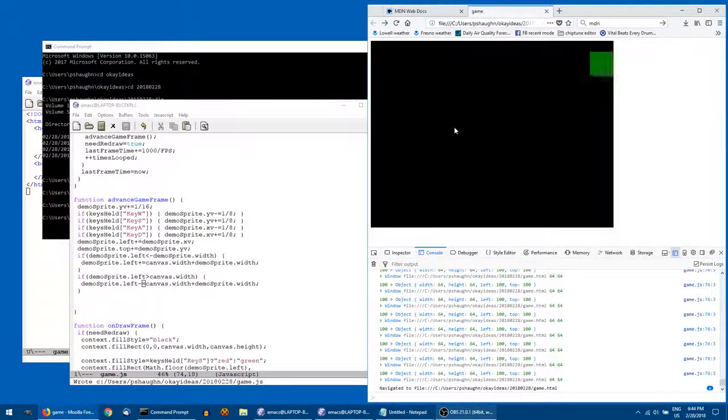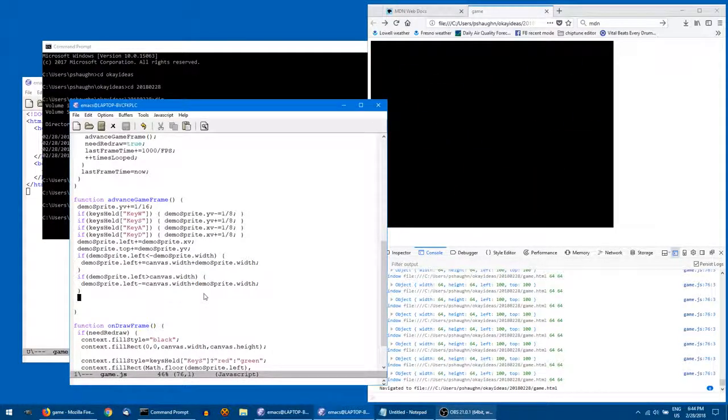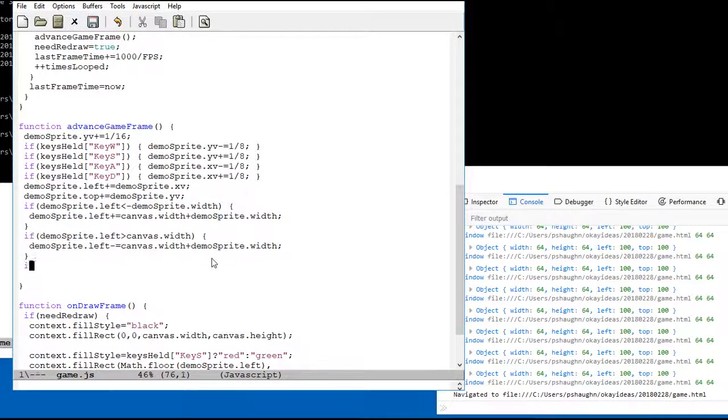Alright, now, if we go super fast, we had another problem. And this is strobing. We are now moving so fast that our position no longer overlaps itself between frames. Sometimes that's okay, sometimes that's not okay, but it's definitely at least a visual anomaly. And it also leads to trouble physics-wise, because you might just go through a wall because you never actually intersect the wall. So, if demosprite.xv is greater than, I don't know, 10,